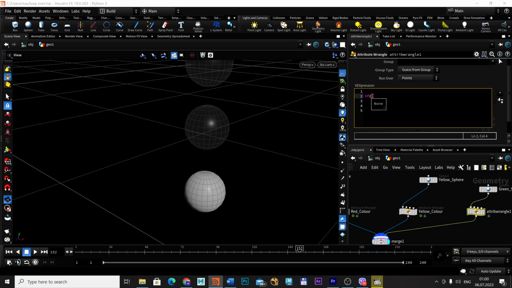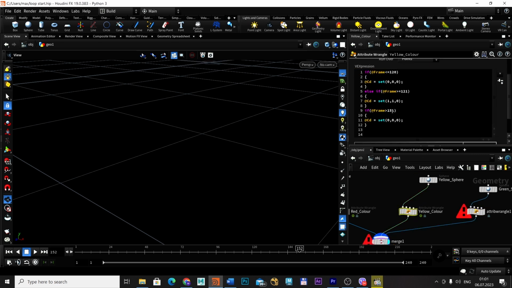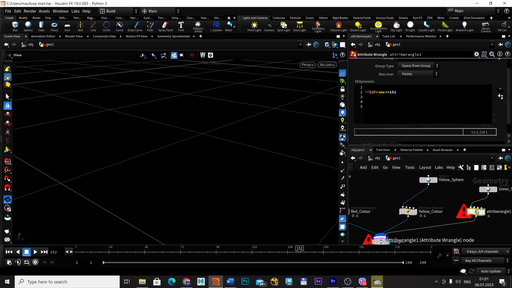So now let's start typing if our frame is less or equal 151. Why 151? Because in the yellow color we have our frame 151, so we will write 151. So then the result of the condition will be set color to the black color. So starting from the 151 we will have the black color,